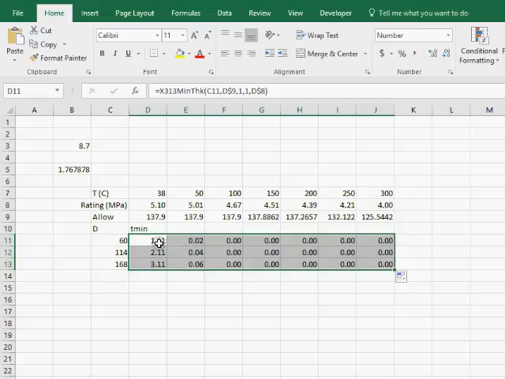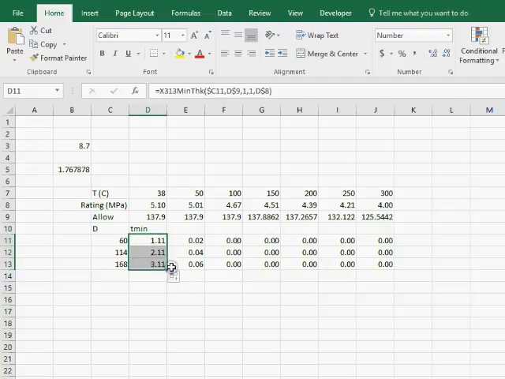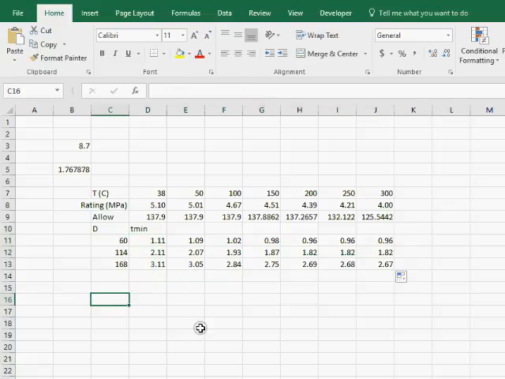We obviously need to fix the diameter column. So a little $ sign next to the C there. Drag it down again and across, and hopefully this time we get the minimum thickness requirements for all temperatures, pressures